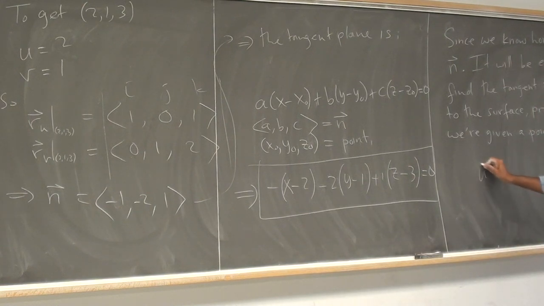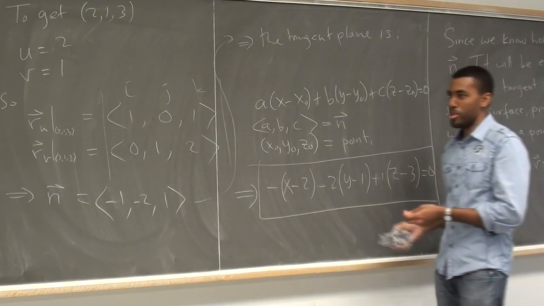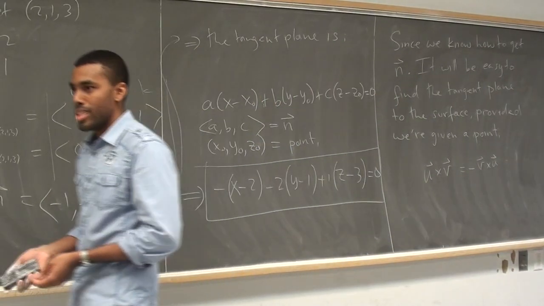I wouldn't say that. If you have u cross v, this is equal to the negative of v cross u, right? These are parallel. Why would it matter which one I take? I don't know, but before you said it though. It's the direction. Maybe I misinterpreted you or you misinterpreted me. Okay. It doesn't matter. And clearly when